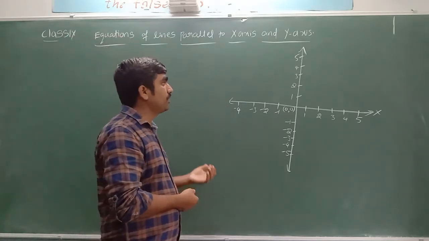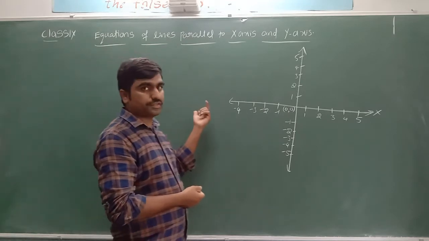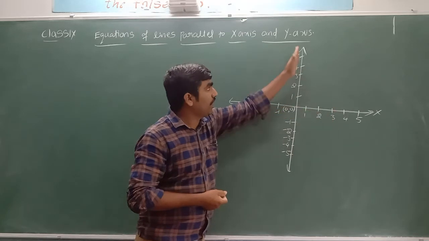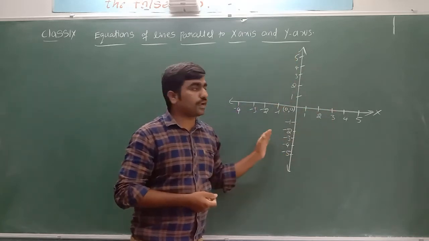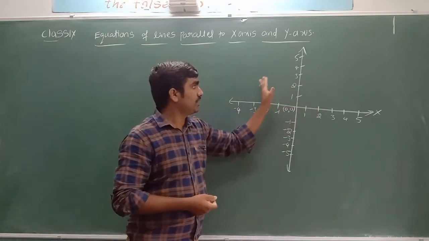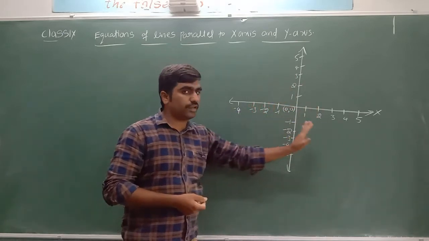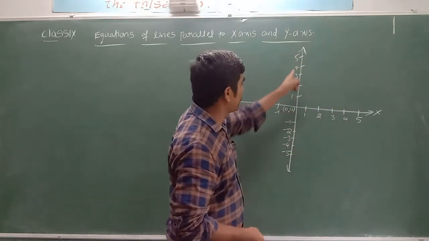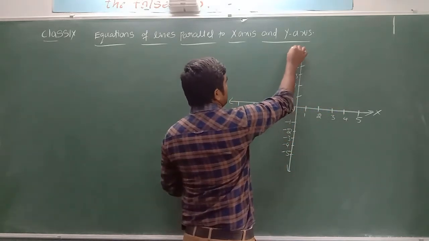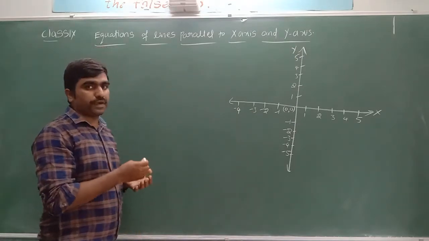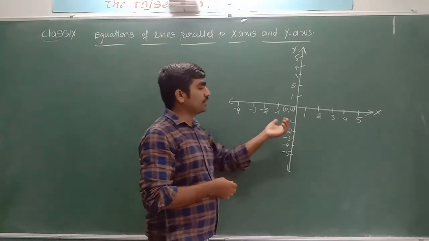To plot coordinate points, we can divide this plane with a horizontal line and a vertical line into four parts. Each part is called a quadrant: first quadrant, second quadrant, third quadrant, fourth quadrant. The horizontal line is called the x-axis, and the vertical line is called the y-axis. Now on that graph, by taking ordered pairs, we are going to plot the points.